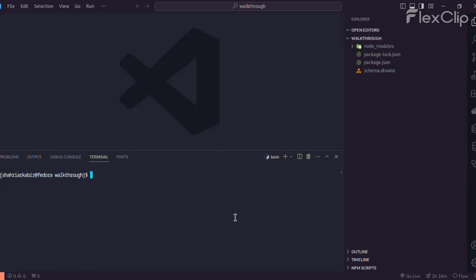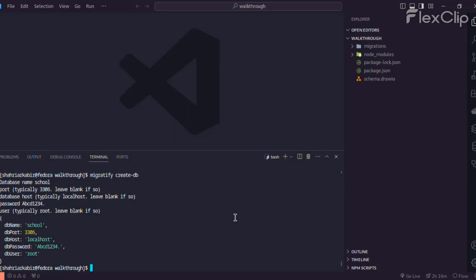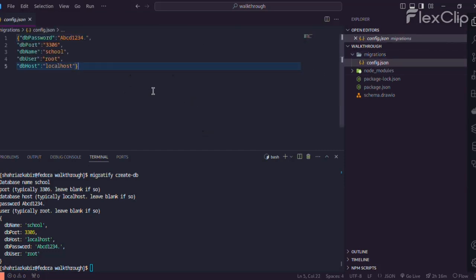So the command to create the database is migratify create-db, and it will ask us for the database name. Our database name is school. The port is 3306, so we leave it blank. Database host is localhost, and the password, in my case, is abcd1234, and the user is root, and voila. This has created a folder called migration, and inside it there is a file called config.json that contains